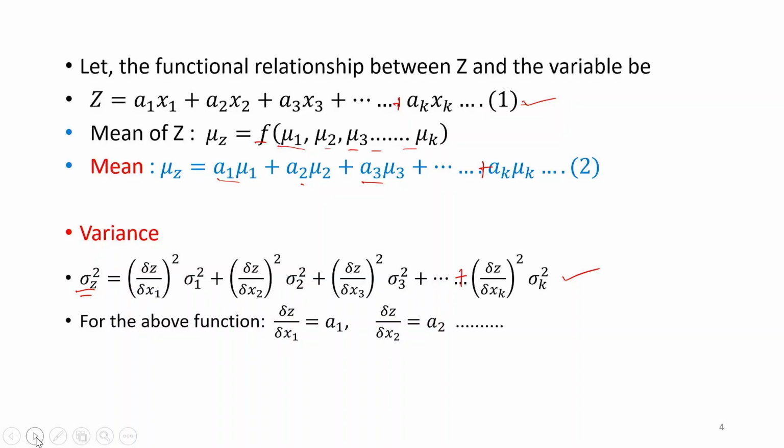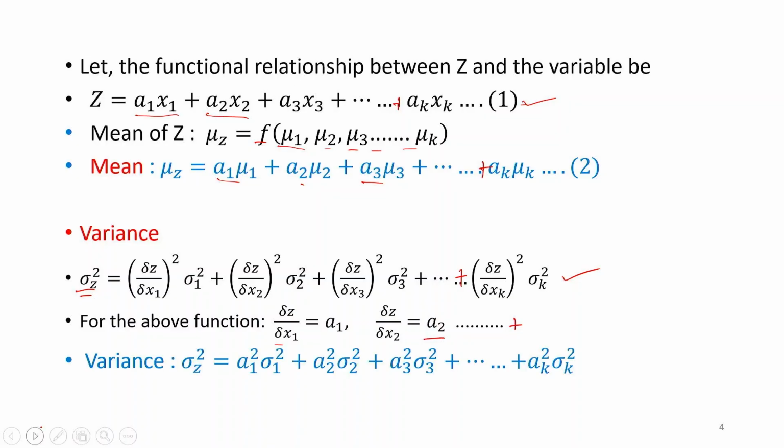So the partial derivative, del z by del x1, is going to be a1. For this one, it is going to be a2, and so on. For the last one, it is going to be ak. So if these derivatives are known, then I can write the variance sigma squared z is going to be a1 squared